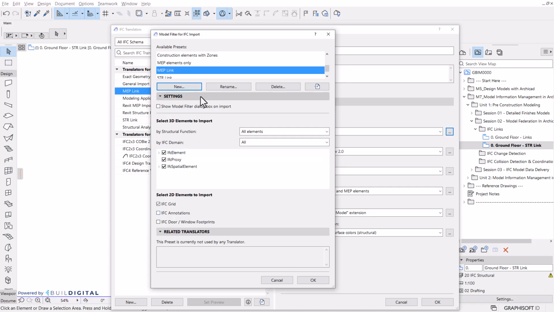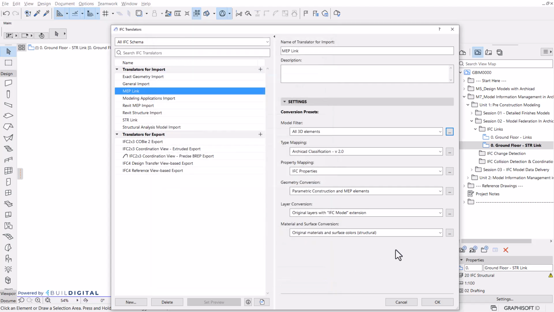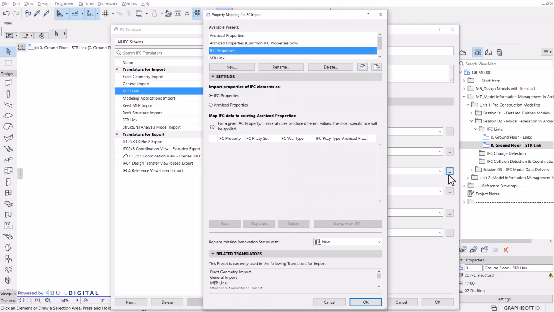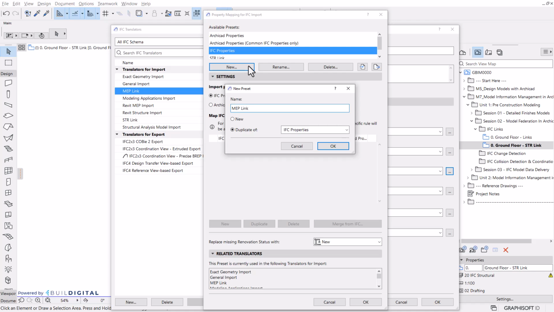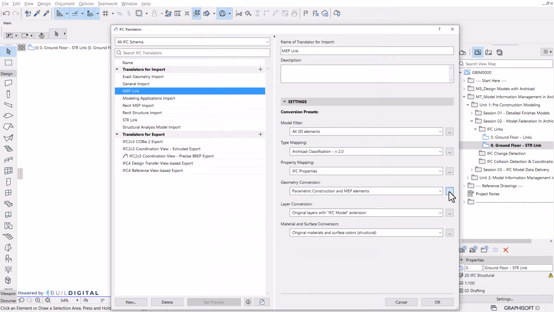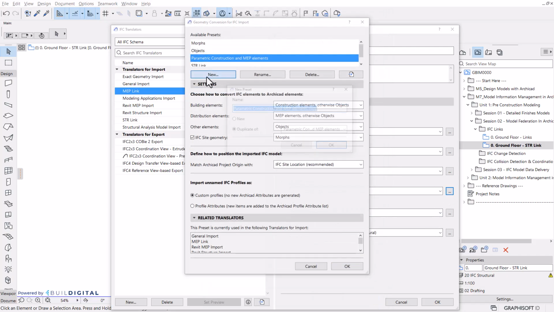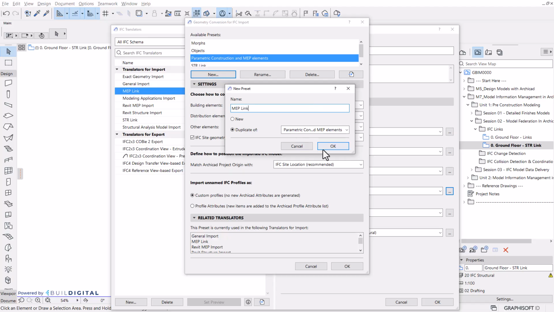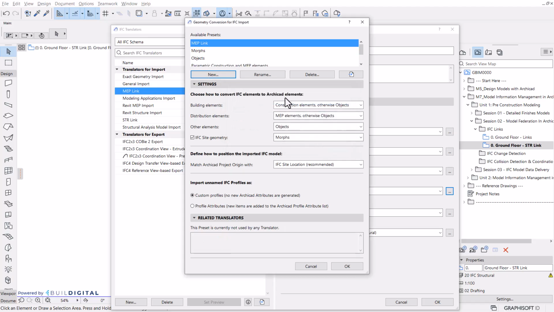It's going to bring pretty much everything and trigger the model dialog filter upon import. Type mapping, I'm going to leave it as it is. Let's create a new property mapping and click on OK. Geometry conversion, let's review that. We'll create a new mapping for it. And this one will create